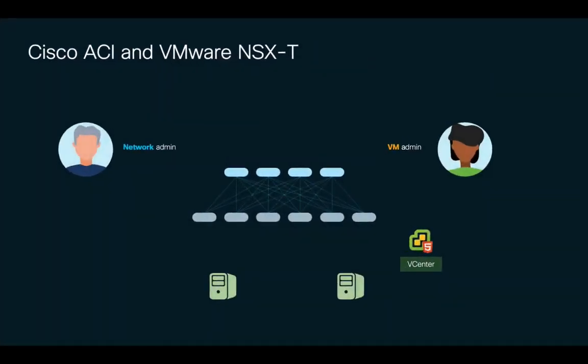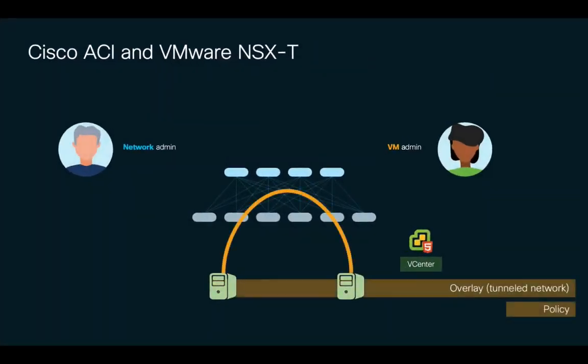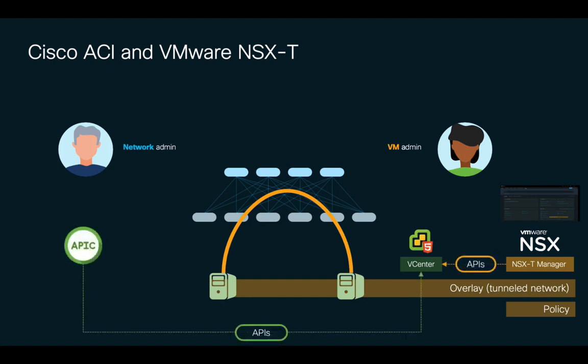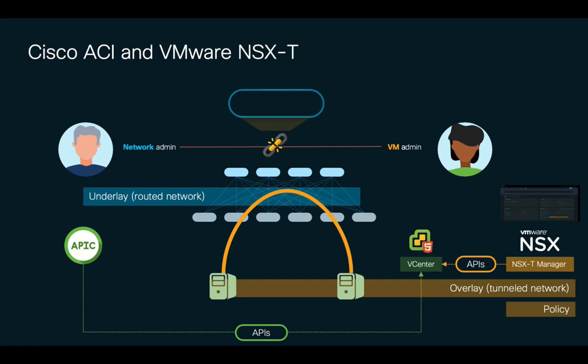With NSX-T, VM admins may configure a network overlay and its policies through a separate management tool called NSX-T Manager. NSX-T Manager connects to vCenter through APIs, just like Cisco APIC. In order to provide an overlay, NSX-T uses a physical network, or underlay, which is a routed network commonly configured by the network admin, and which is not integrated to an NSX-T virtual network in terms of configuration, policy, and visibility. In NSX-T, the VM admin has to configure both vCenter and NSX-T Manager,